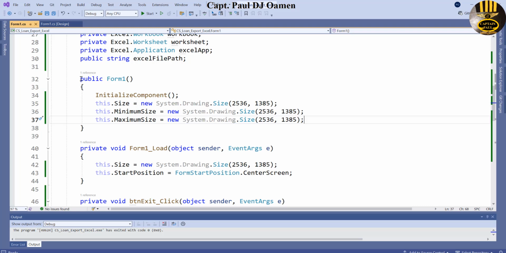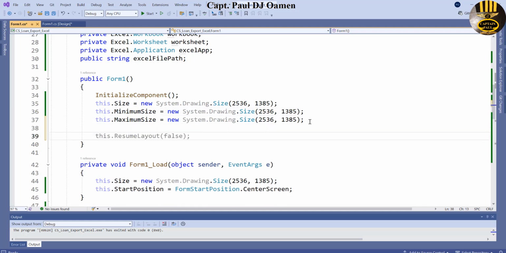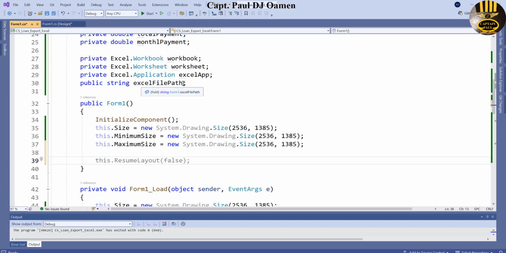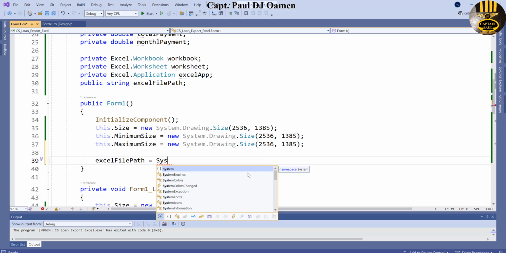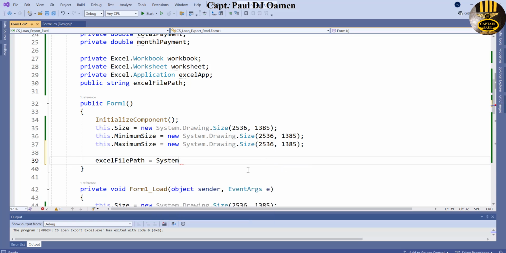So inside your code view, you should be able to see the initialize where we have public form. Right underneath here, let's grab hold of this variable. You see this one? Grab that. Paste that right underneath here. Now I'm going to say is equals System.IO, input and output IO